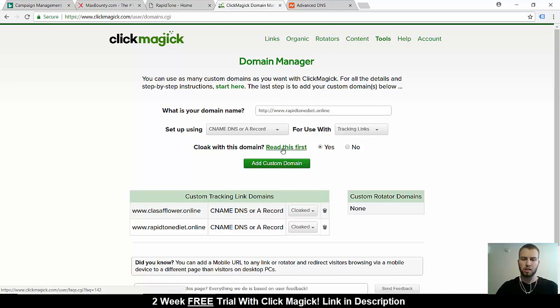You might want to read a little bit about cloaking first. Then you hit add custom domain, and if you waited long enough and everything's good with the domain name, it'll show up right down here in the custom tracking link domains. And I already have that. So once this is ready, you just go to links,